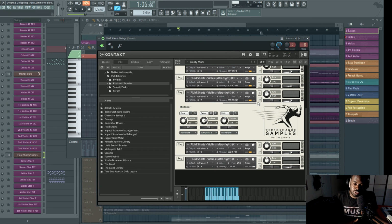So the one like Oceania is for choir. This one is for short strings only. They are split between basses, cellos, violas, and violins, but it's only short strings, and you have 3 levels. You have the normal staccatos that come with a bit of delay, the tight staccatos, which have less delay, and the ultra tight, which are the ones I used here, which have almost no delay